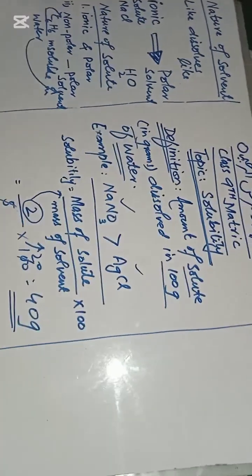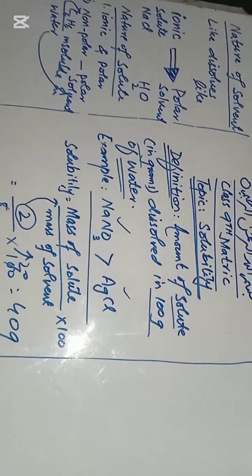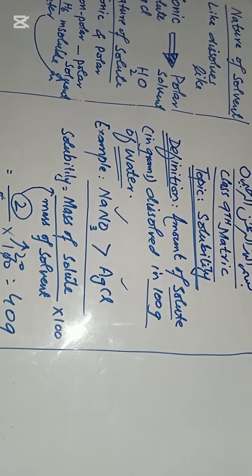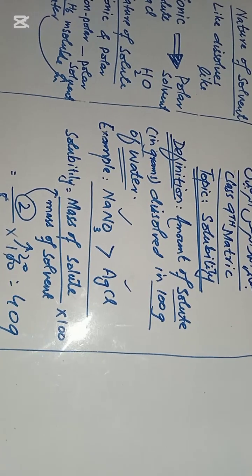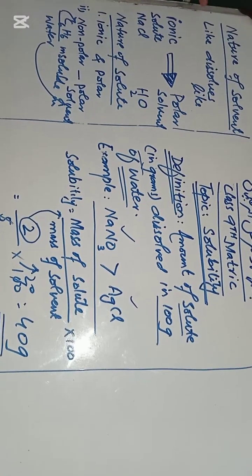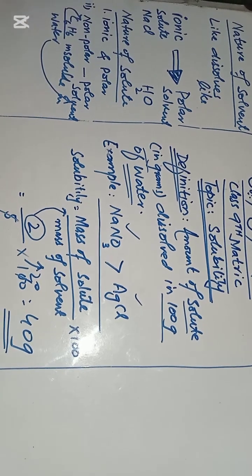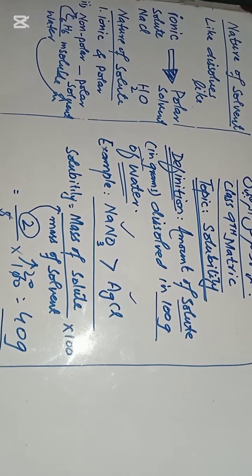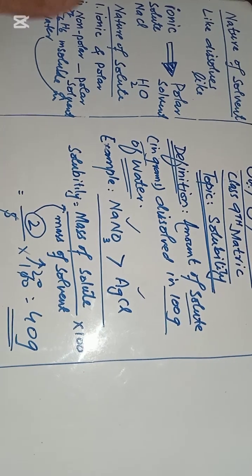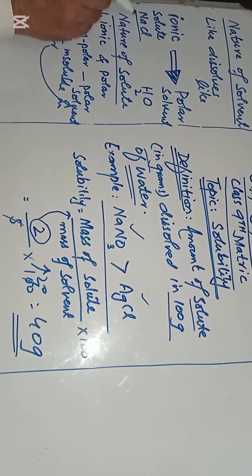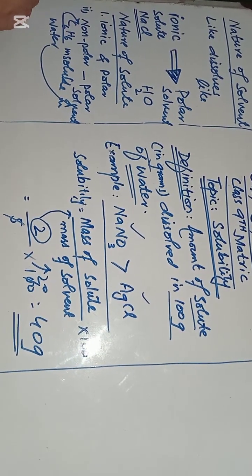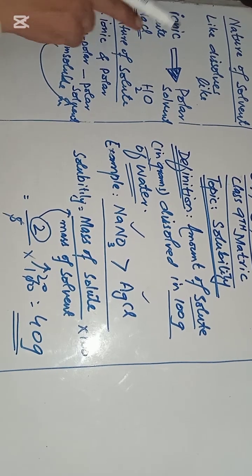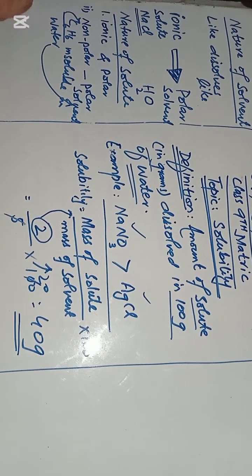Among them, one is the nature of the solvent: like dissolves like, and the nature of the solute. For example, sodium chloride is an ionic compound. It is ionic in the sense that there is an ionic bond between sodium and chloride, and we have already discussed it